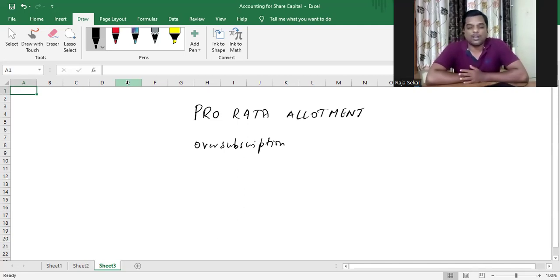Now, the company cannot allot more than what it has offered because, according to the prospectus that it offered to the subscribers, it is clearly mentioned that it is only allotting 1 lakh shares. Am I right, my dear children? And therefore, even if the company receives more applications, it cannot allot more than the number of shares offered for subscription by the company to the public. So, what can the company do? The company can go ahead and reject the excess applications and allot shares to only the applicants of 1 lakh shares.